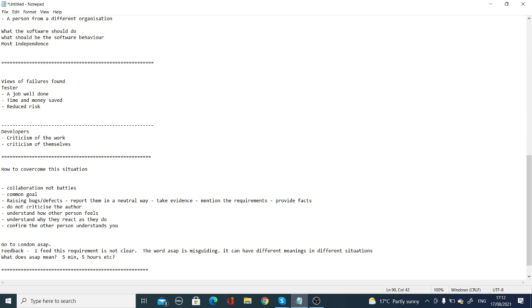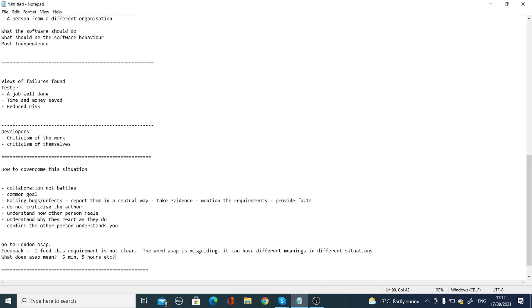That's why here we have mentioned to report them in a neutral way. You need to be specific and neutral. When you are executing any test case, you always provide screenshots and evidence. Without evidence, you won't be able to perform your duty. Any other question?